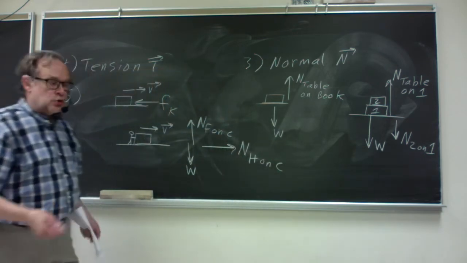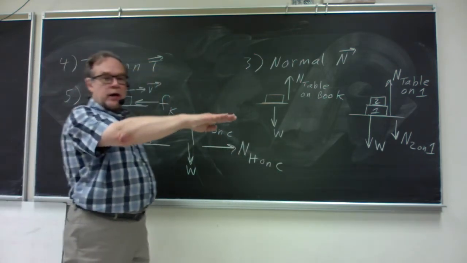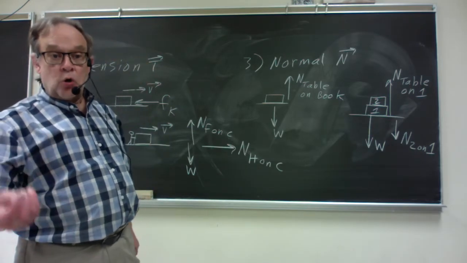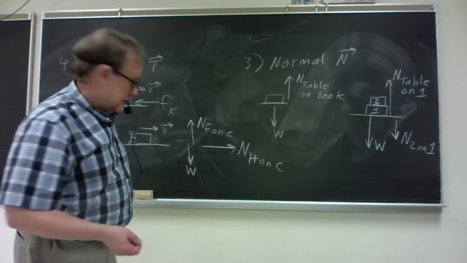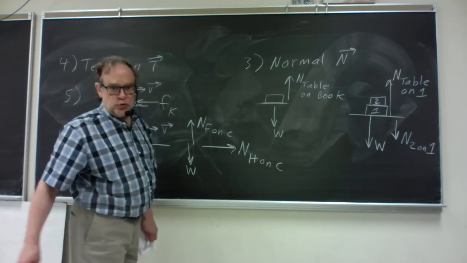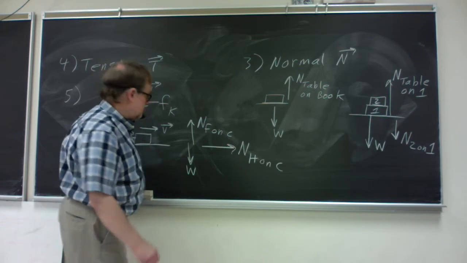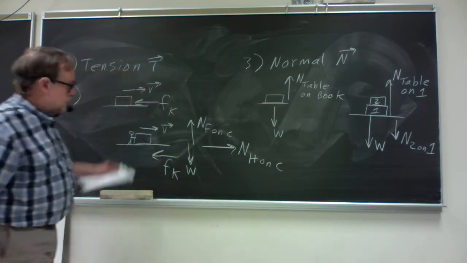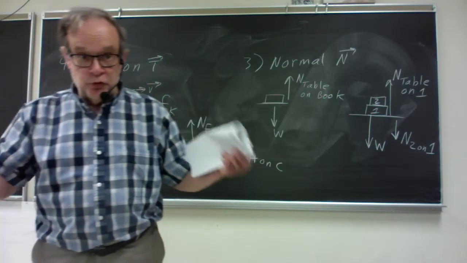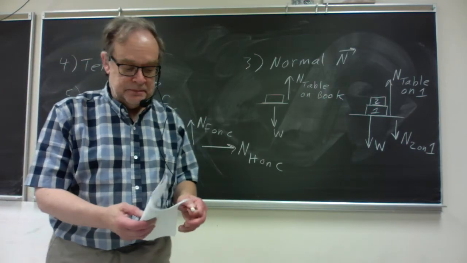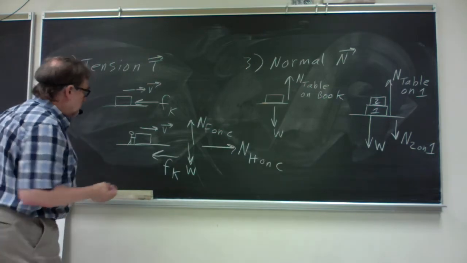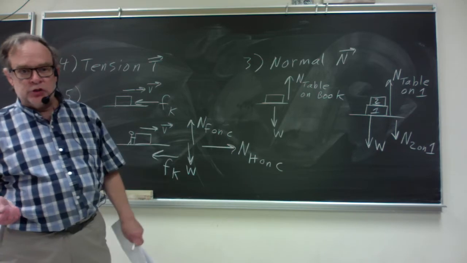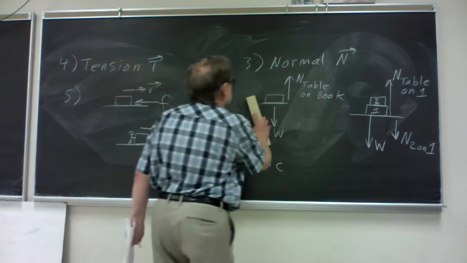And then, as the crate slides this way, there's a kinetic friction force, a sliding friction force, opposing that sliding motion, opposite to the direction of the sliding crate's velocity. So in this particular situation, 4 different forces acting on the crate. Kinetic friction, also known as sliding friction, that's one type of friction force. Second type of friction force